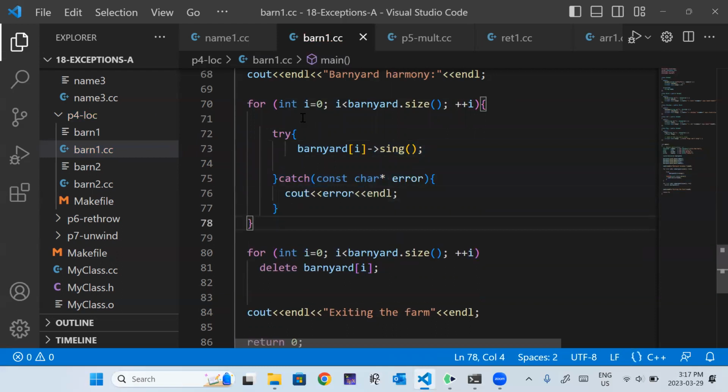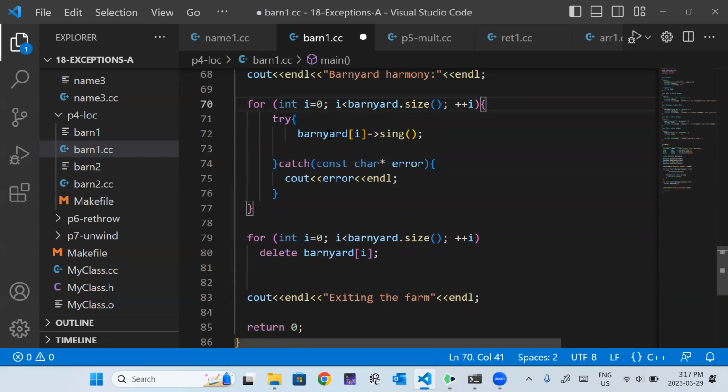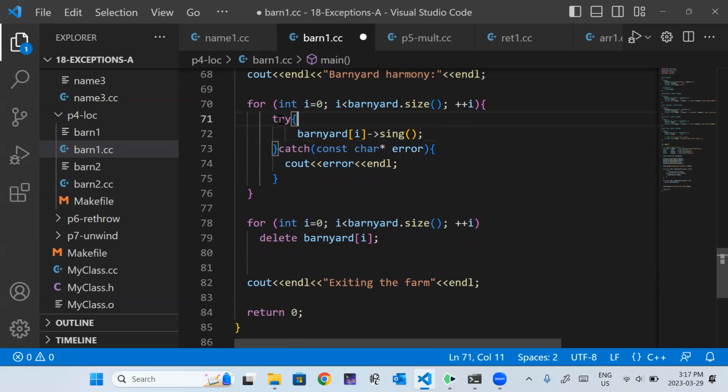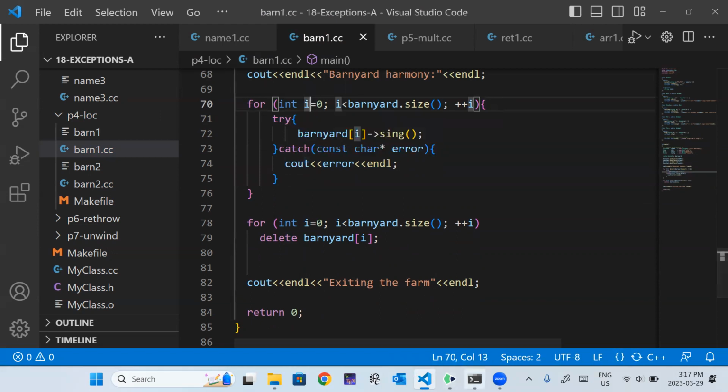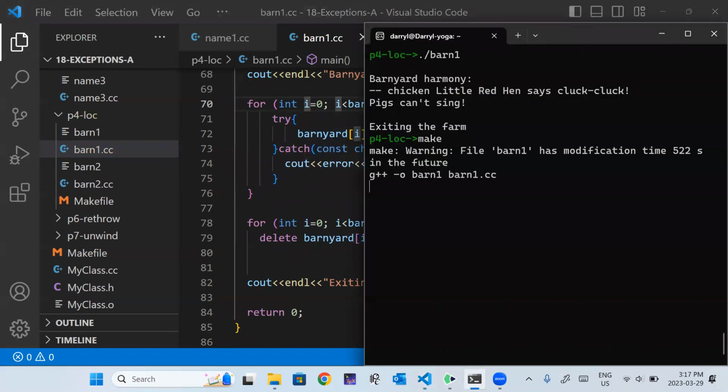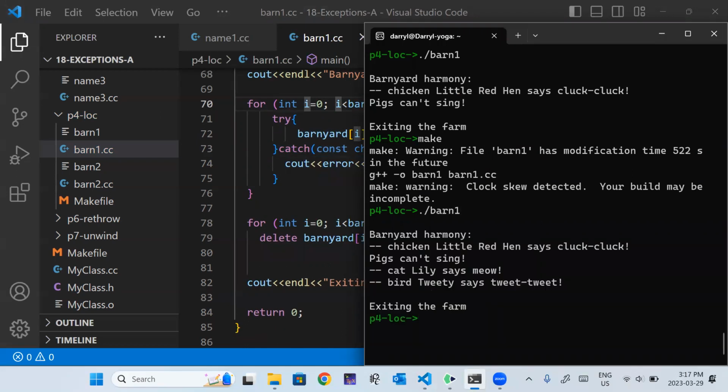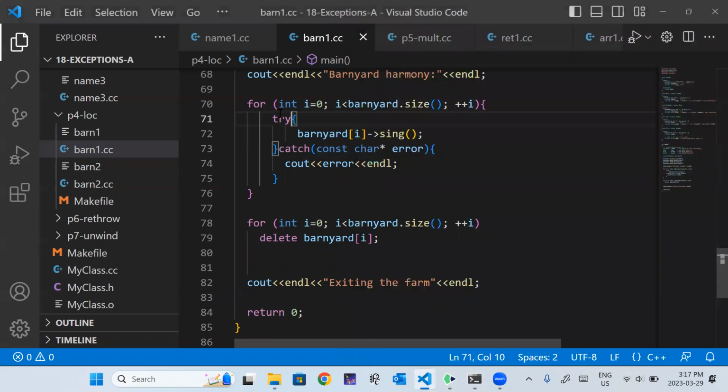And my indentations may be a little inconsistent, but you get the basic idea. So now my try catch block is completely embedded inside the for loop instead of vice versa. So now when I run this, when Wilbur comes up to sing, Wilbur can't sing, but the rest of the barnyard harmony continues because the error is thrown here.